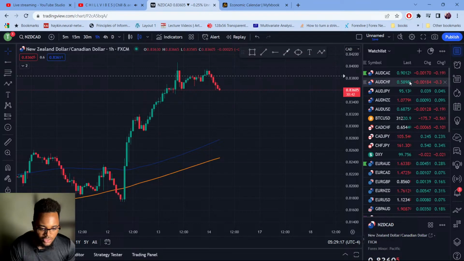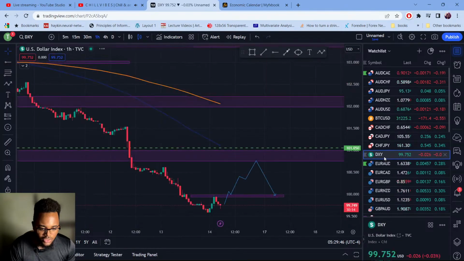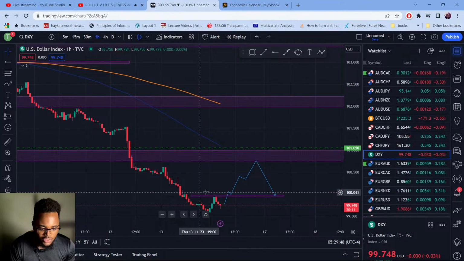And part of my trading and everything like that is understanding the price movement on the charts. That's one way that I rationalize certain movements. Well, it's worked so far, so I must be doing something right, and I'll continue to do so until it doesn't. So continuing forward, yeah, DXY pull up,